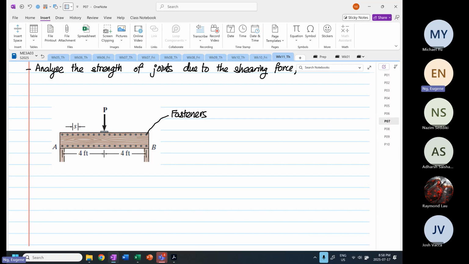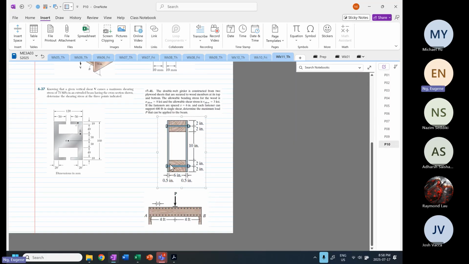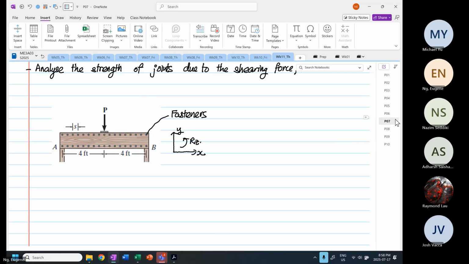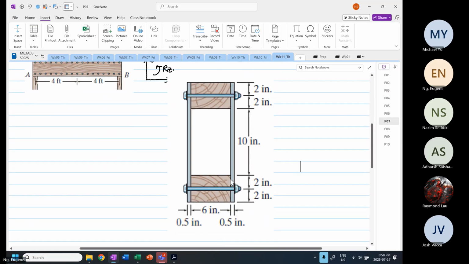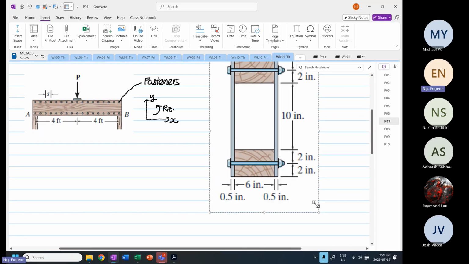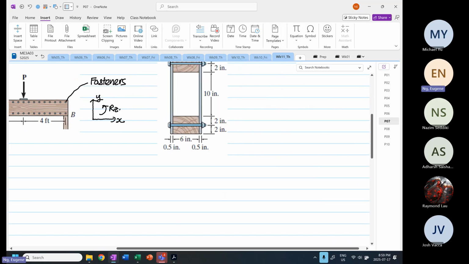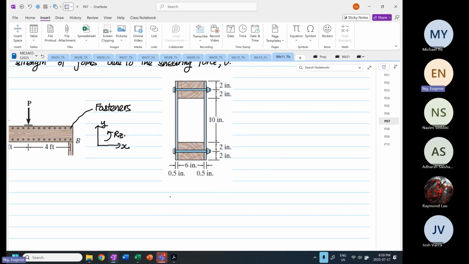And if I were to draw our transformation, this is our X, Y, and rotation about Z. If we were to look at the cross-sectional view, so this is the cross-sectional view now. If we were to draw transformation,